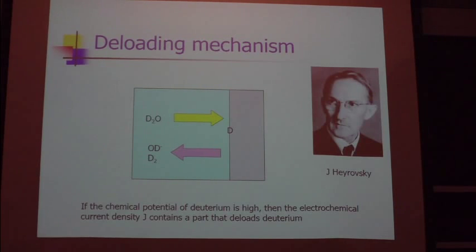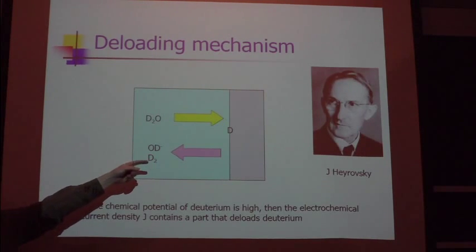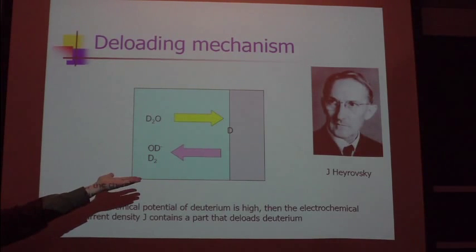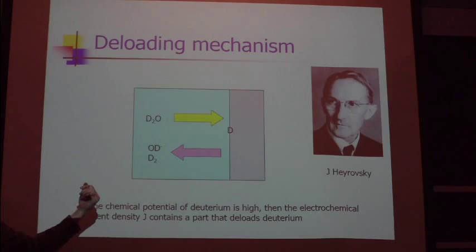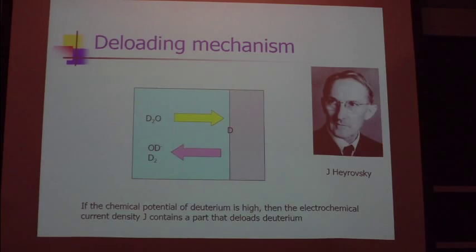Finally, there are actually four mechanisms in the hydrogen deuterium, the DER, HER family of reactions. The deloading mechanism is, in this case, the Heyrovsky mechanism. And it's sort of like Volmer in that D2O comes to the surface, and this time instead of dropping off a D, D is collected, coming off as gas, and then OD minus comes out. I like to think about these things in a bonehead way. If I go back to